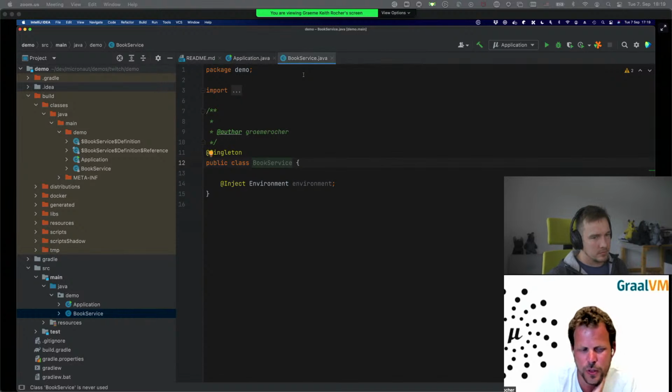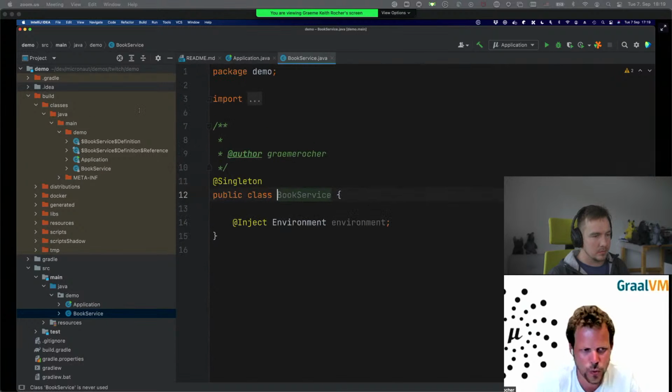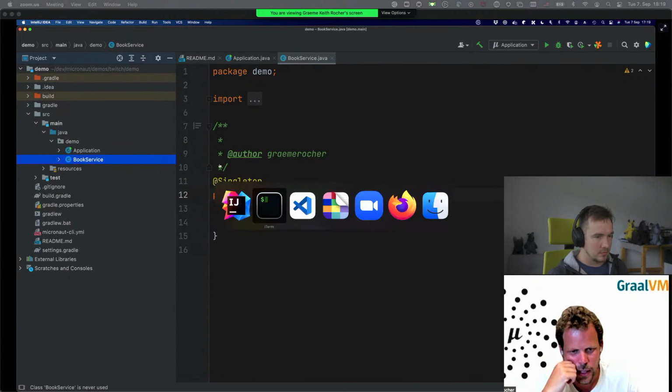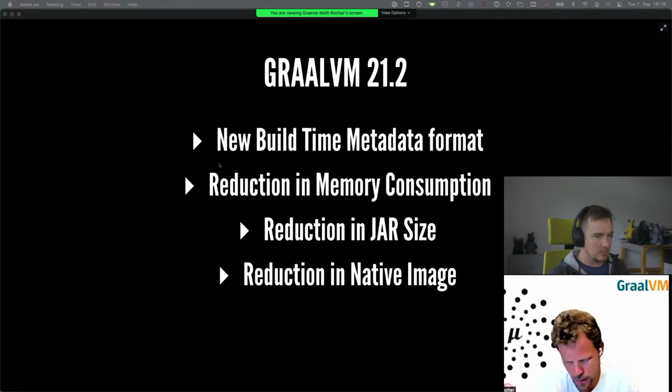And that means when it comes to actually wiring together your application using dependency injection, everything is already known to Micronaut prior to executing the app, right? And we will continue to innovate in that area and keep pushing and reducing the size of our native images. We have a lot more, like I said, areas of research